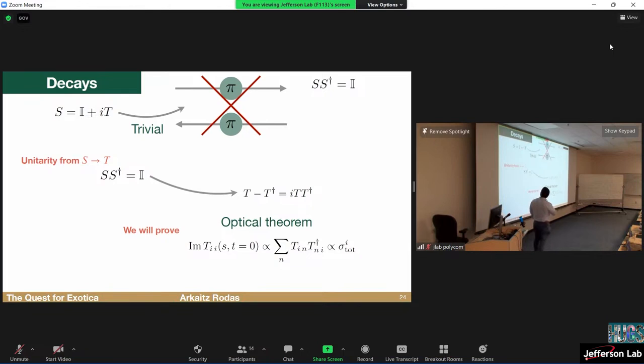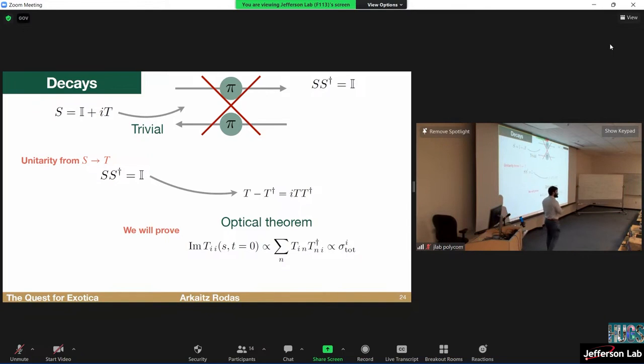Why? Because inside this S matrix there are many processes that can be encoded. One is the trivial non-interactive process. Let's say that I have 2 pions in the initial state, and they are too far apart. They don't see each other. And then I end up with 2 pions in the final state. Well, I don't really care about this reaction because nothing happened in the middle, and I want to study QCD interactions. So this identity, which is the trivial reaction, is going to be subtracted from S. So S minus 1 is what we want, the T matrix, the amplitude.